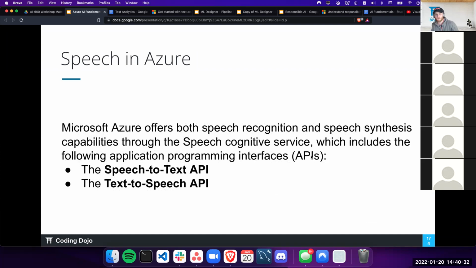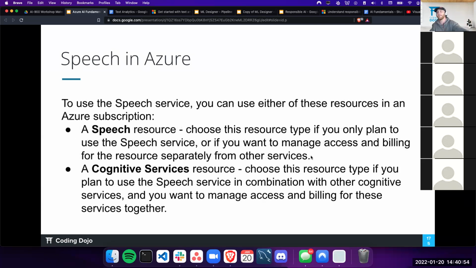For the speech in Azure, I can either do speech to text or text to speech, where both are offered for both the speech recognition and speech synthesis capabilities through Speech cognitive services. So it includes both those APIs, speech to text and text to speech, that will then take in my speech